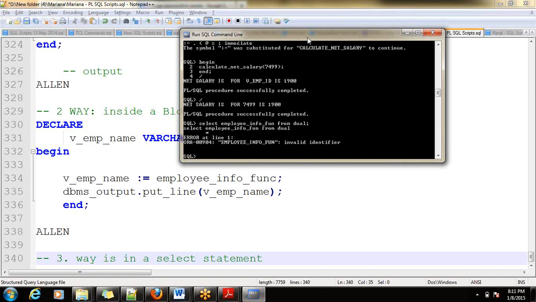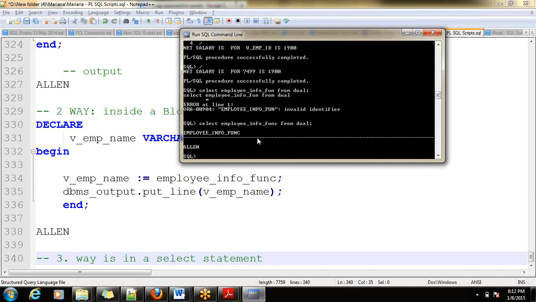Invalid identifier. It has to work actually. It is FUNC, spelling mistake. Yes, look there, it has to work and it is working.